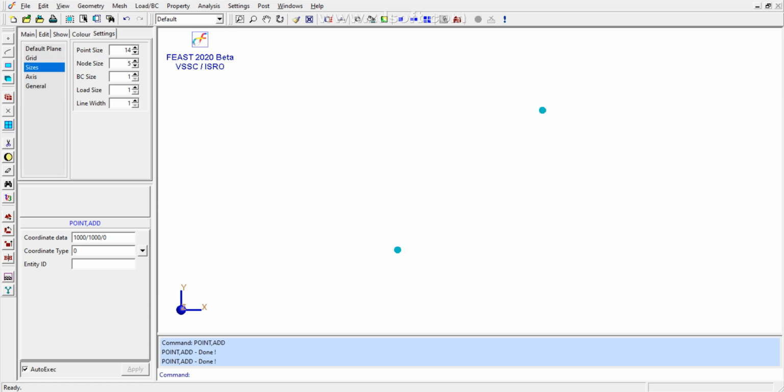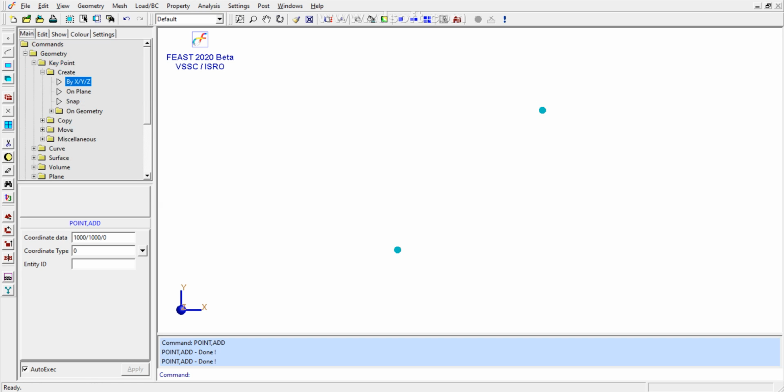First point at the origin, that is 0, 0, 0. Second point we have created at x 1000 and y 1000, z is 0. So 2 points we have created. I'll go back to the main menu. Once these points are created, we have to join these 2 points to generate a surface. In order to create a surface, we can go to the surface option,